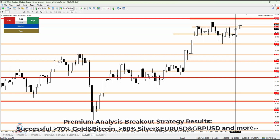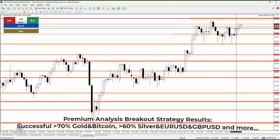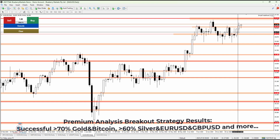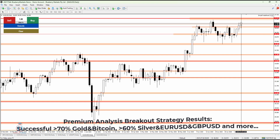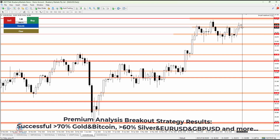The next day, on Wednesday, the price formed a strong bullish candle, indicating further rise in value, and we can see Thursday has also created a bullish breakout. A bullish breakout that has been confirmed on a Friday with this bullish candle not closing the day below this